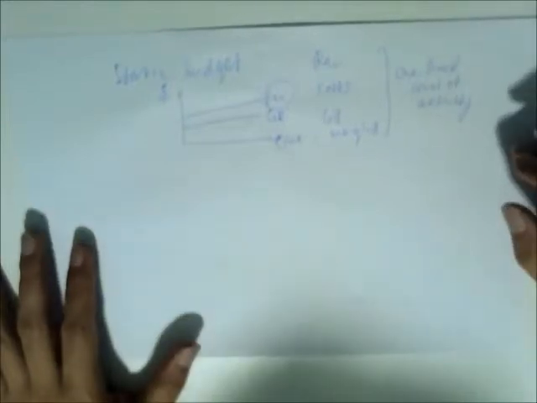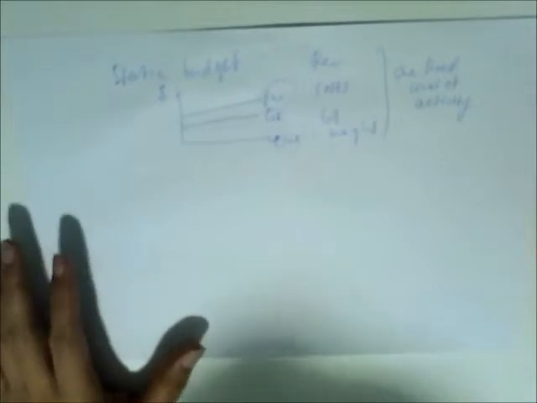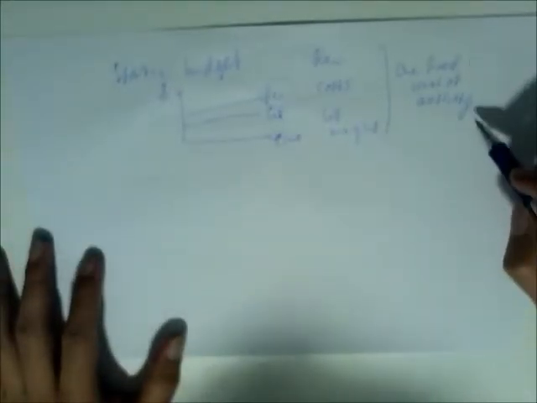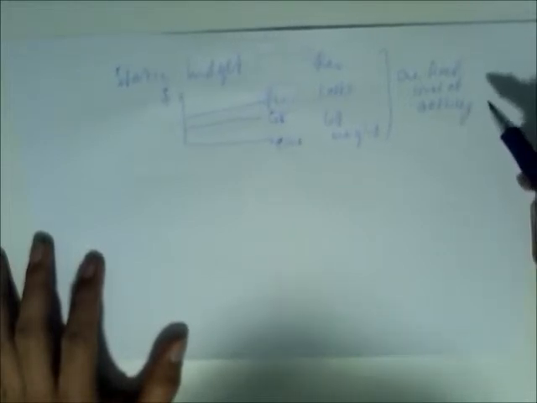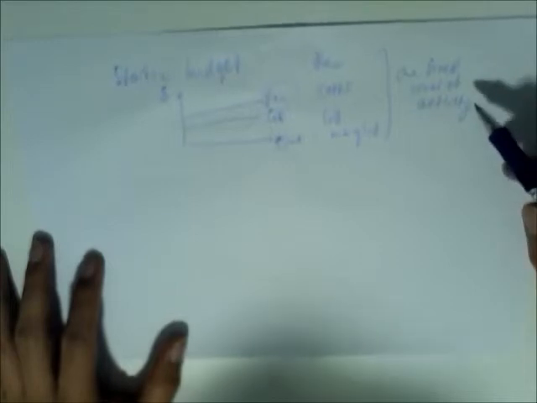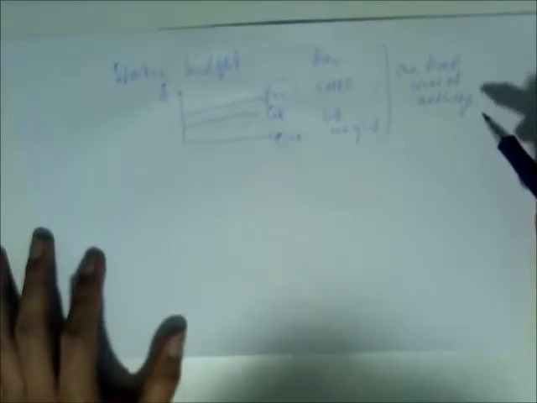So if you happen to have underperformed or sold a lesser quantity than you should have, then managers get penalized unfairly. So the static budget doesn't allow a fair assessment of how managers perform,